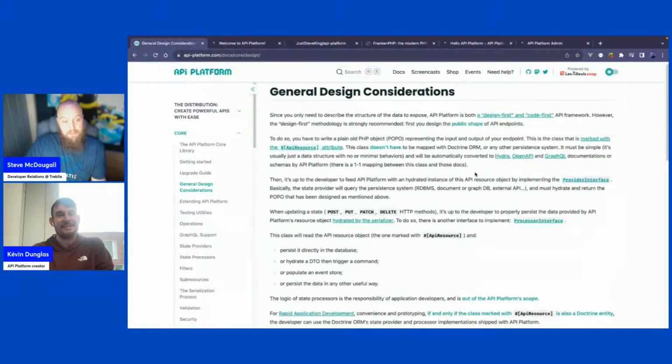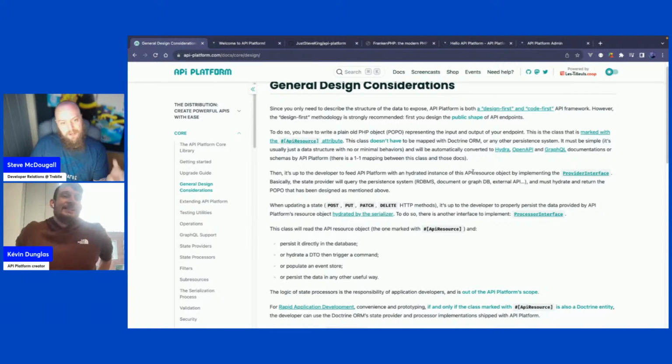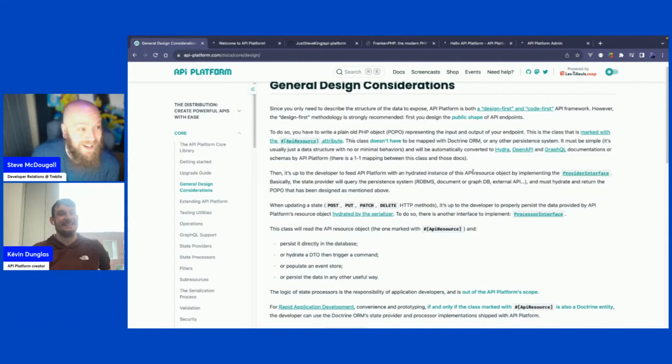So it's PHP, but it's wrapped in the background based on attributes. You're not actually building Symfony, but you've got the ability to build Symfony applications. It's plain old PHP objects with attributes that work well. I don't know how else I could say it. Just, if you're building an API, you should probably use API Platform, right?